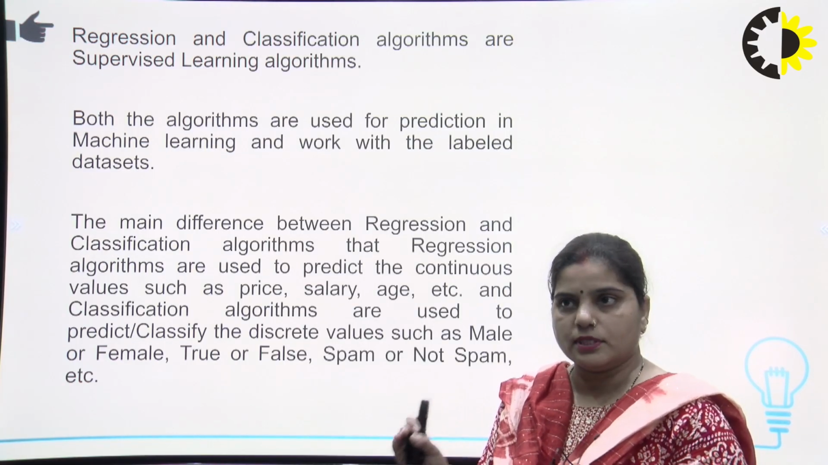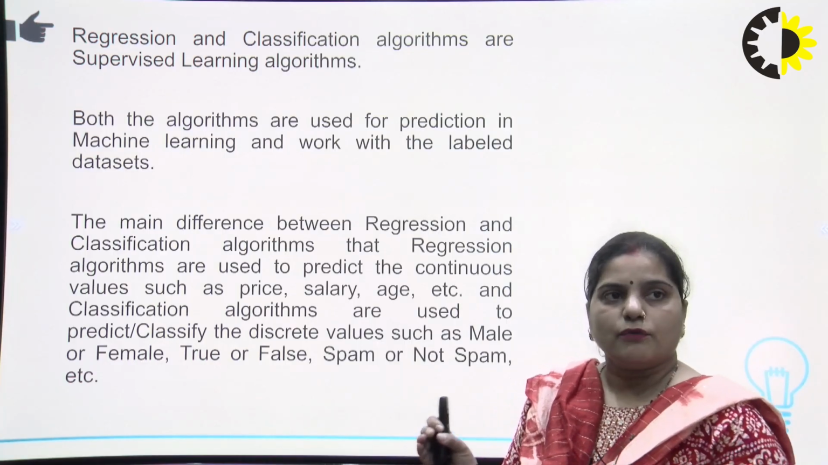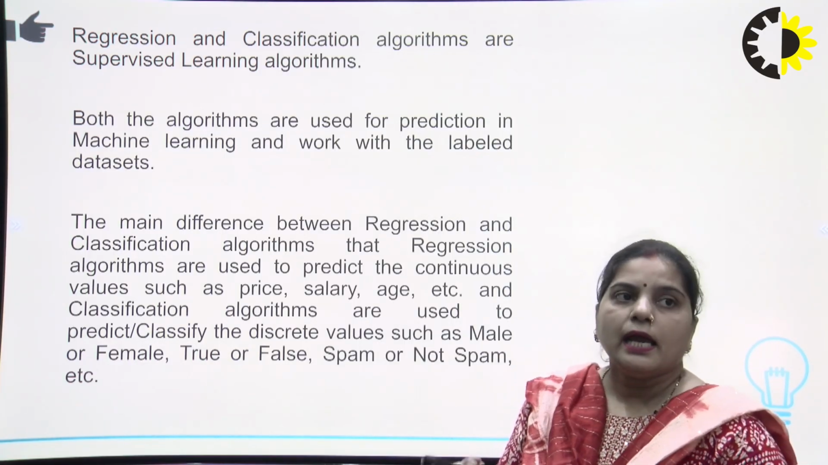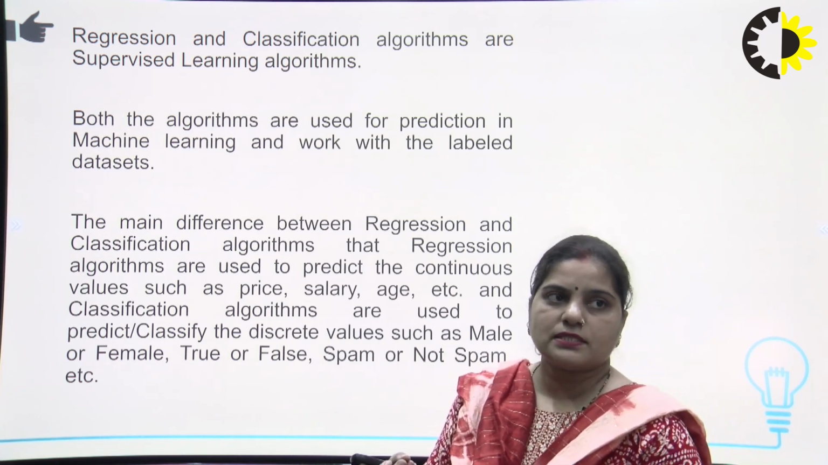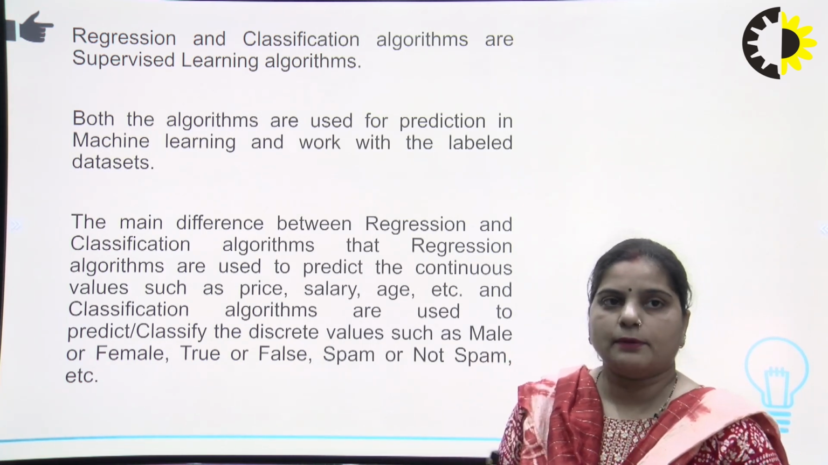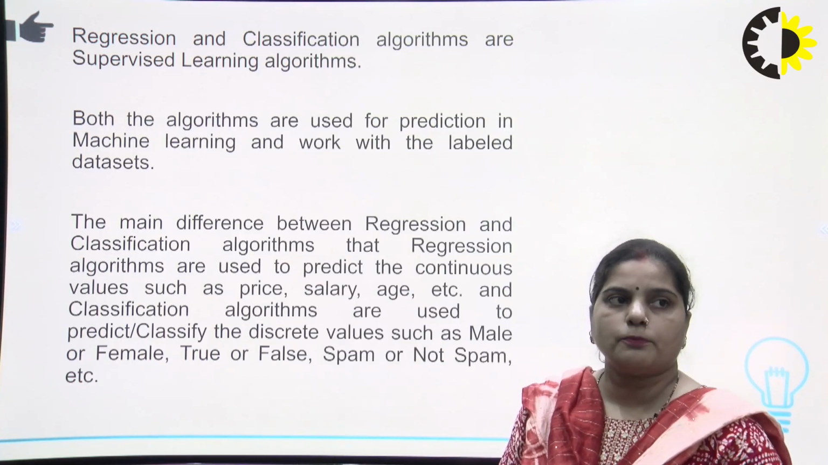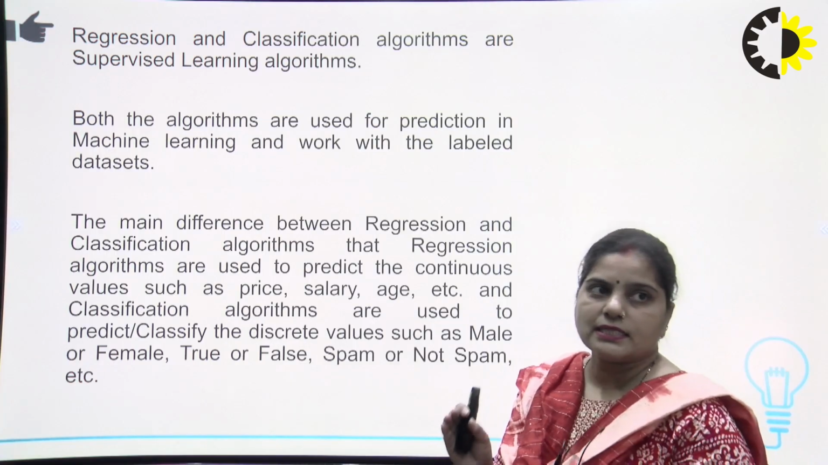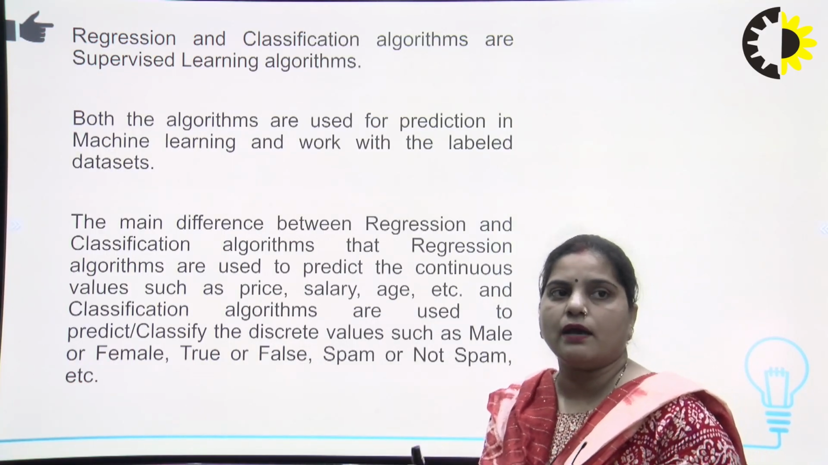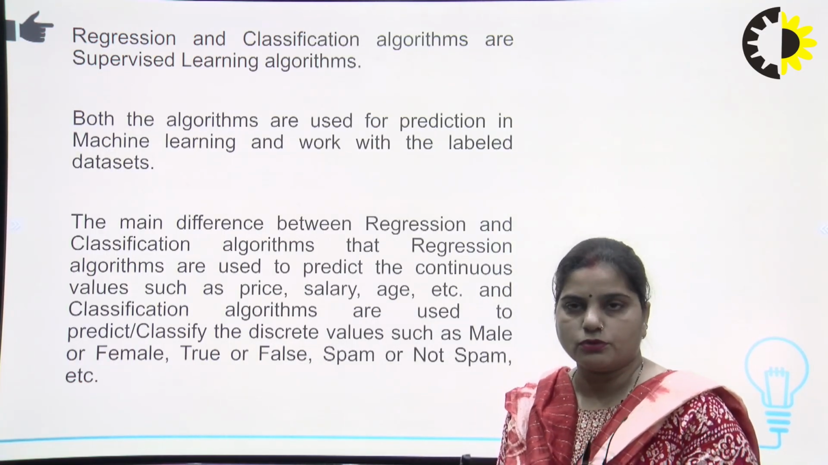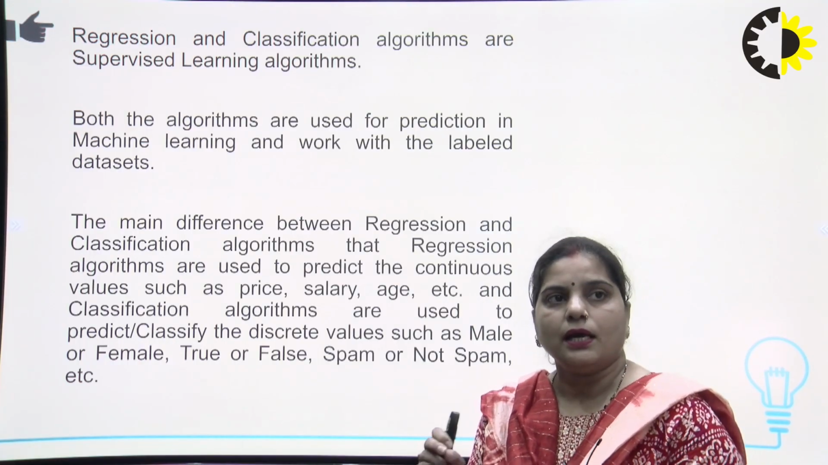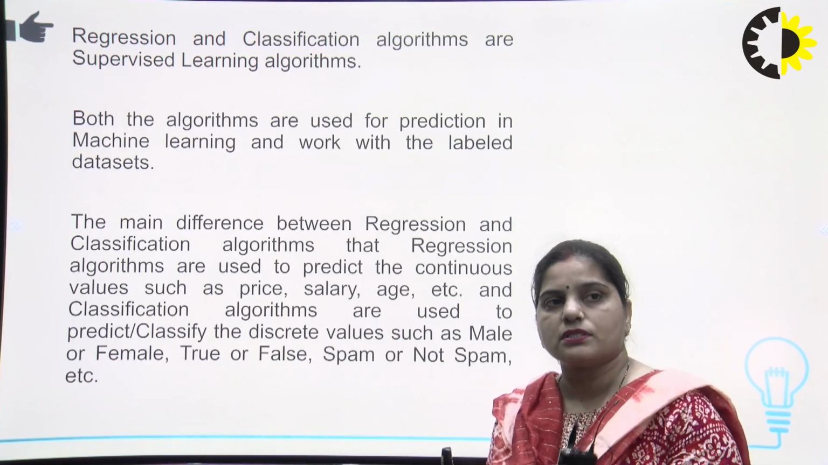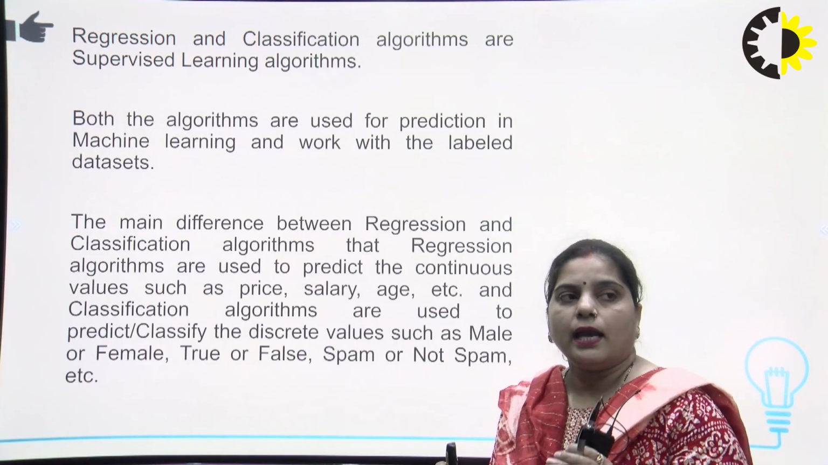For this kind of example, we use a regression algorithm if we are going to predict such values. And if you are going to predict or classify discrete values, just like male, female, spam, not spam, true, false, yes, no, for classifying these discrete values we have a classification algorithm. So this is the basic difference: regression focuses upon continuous values,